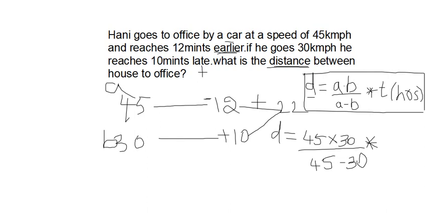Why you should add? See the difference between them. Suppose I ask you what is the difference from minus 5 to 5, what will you write? For example, 0 is here, plus 5 is here, and left side I am writing minus 5. If you count from minus 5 to plus 5, left side 5 will be there, right side 5 will be there. So 5 plus 5, total 10 numbers you will say.